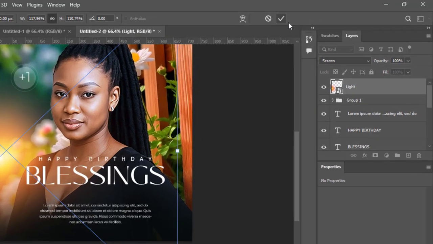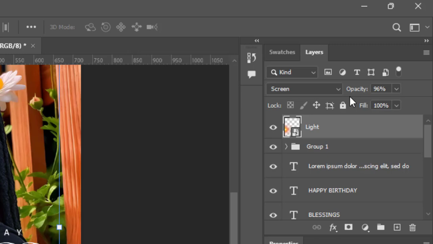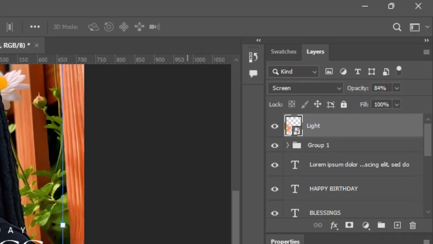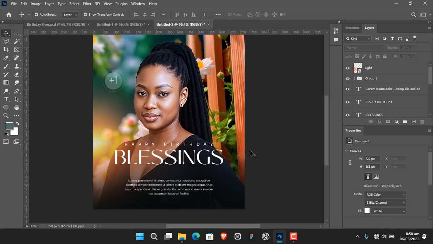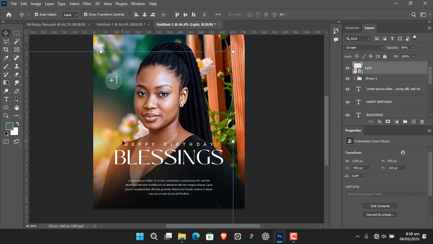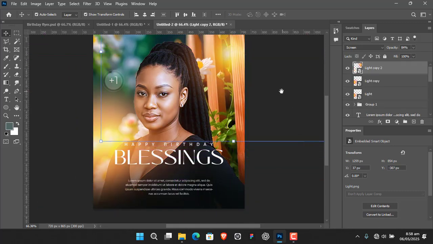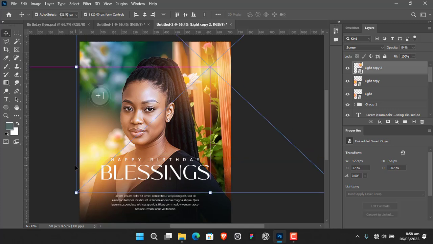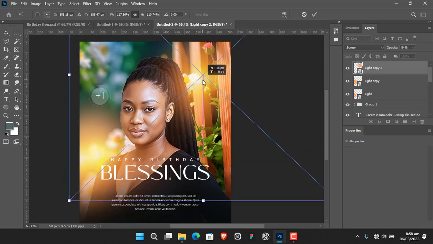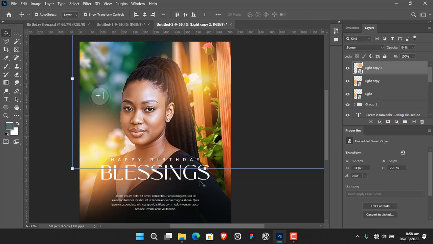Now let me turn down the opacity a small bit. Okay, so maybe 84 or something like that. Good. And I'm just going to duplicate it. Okay, so let me duplicate this one and put it somewhere here like that, and also expand it. Okay, now don't worry, we are going to do some cleanups. All right, so